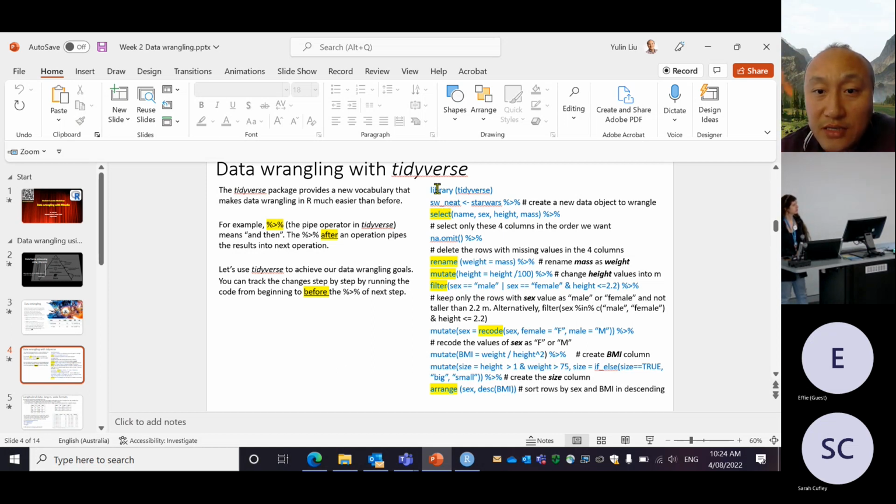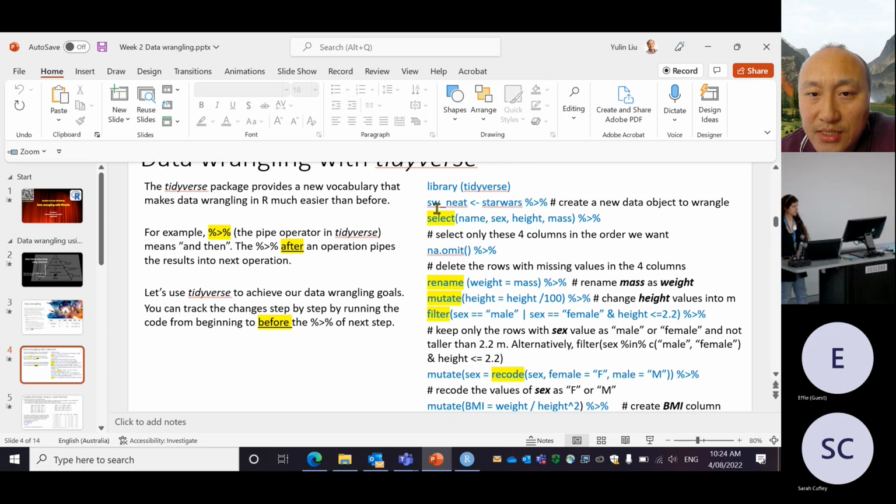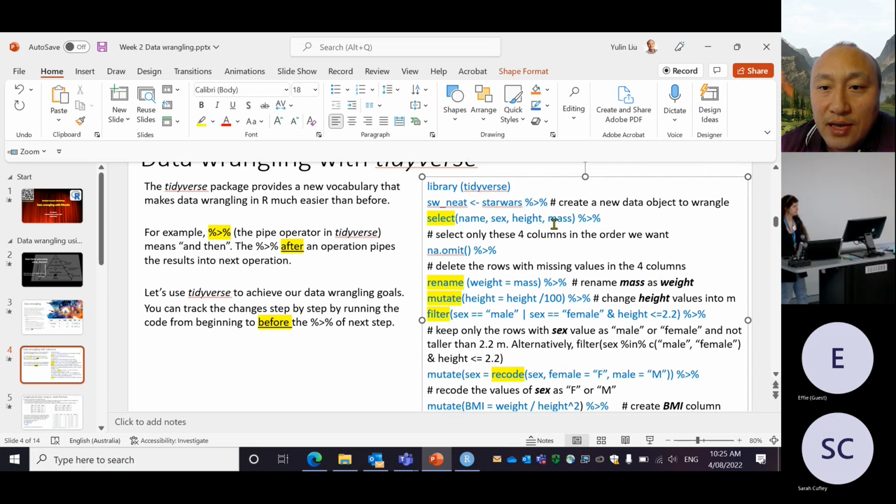So let's do this. So we load this tidyverse package, and then I'm going to create a copy of the original Star Wars data set or data frame. I call this one SW_need. This will be the neat, clean, smaller data frame we will create in the end. So first of all, it's just a copy of the raw Star Wars data set. Okay. And then,